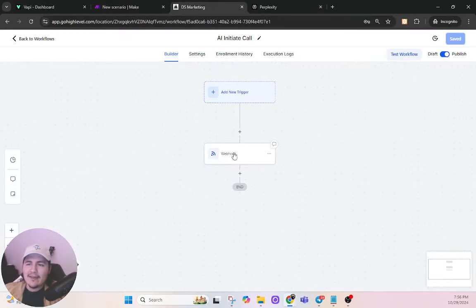But that's it. You're going to add this webhook in anything. So when a new lead comes in, text right away, wait 5 minutes, and if they don't reply, you could do this webhook to call them. So that's how you initiate the call. Pretty cool. So now I have to set it to, at the end of the call, have it book into